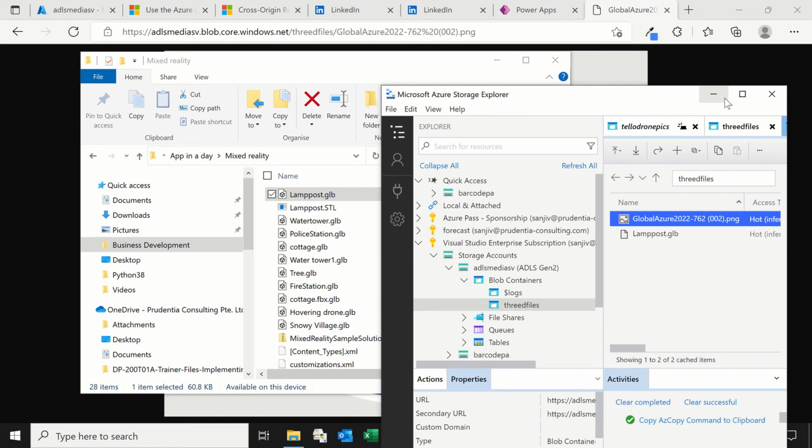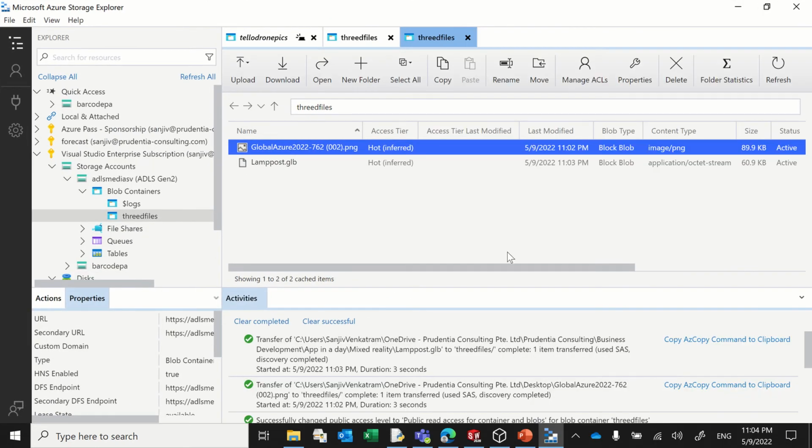So now this is how I'm able to provision, configure, and load images and 3D files into my data lake, okay? Kindly note that the difference between this ADLS media and this barcode is that one is a pure play storage account, whereas this one is a data lake, okay? And it does many things other than storing images. But if I were to